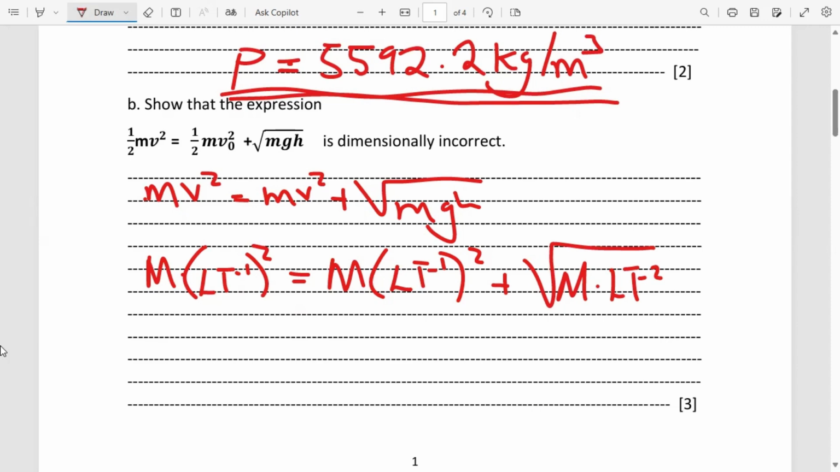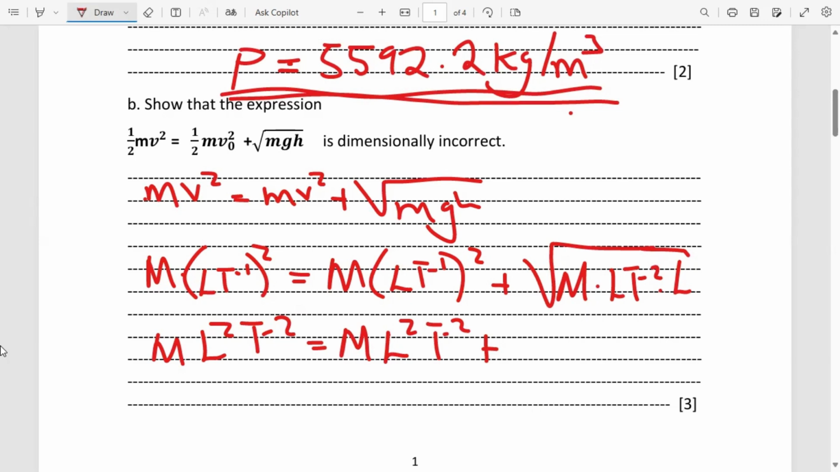So what are we going to do? We're just going to put L like that. So this is our simplified formula into its actual dimension. So I'm going to distribute the squares on both sides of our equation. I'm going to have mass multiplied by L squared T to the power minus 2 like that. This will be equal to M L squared T to the power minus 2 plus,